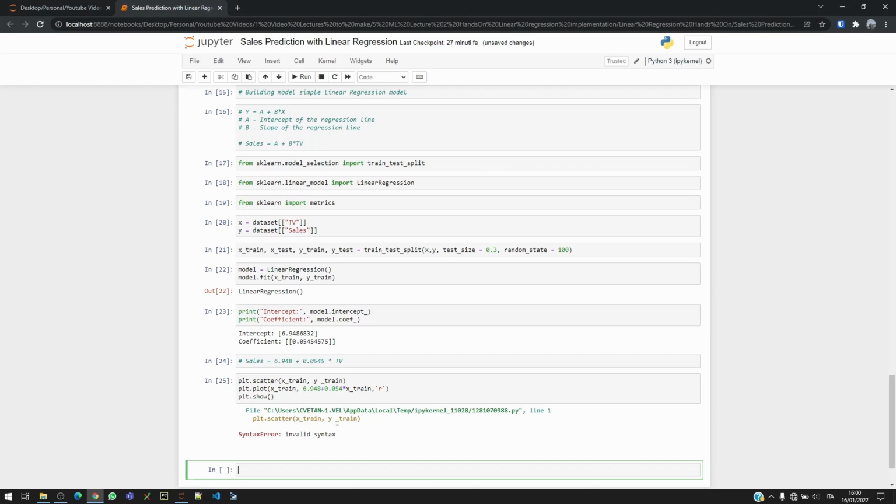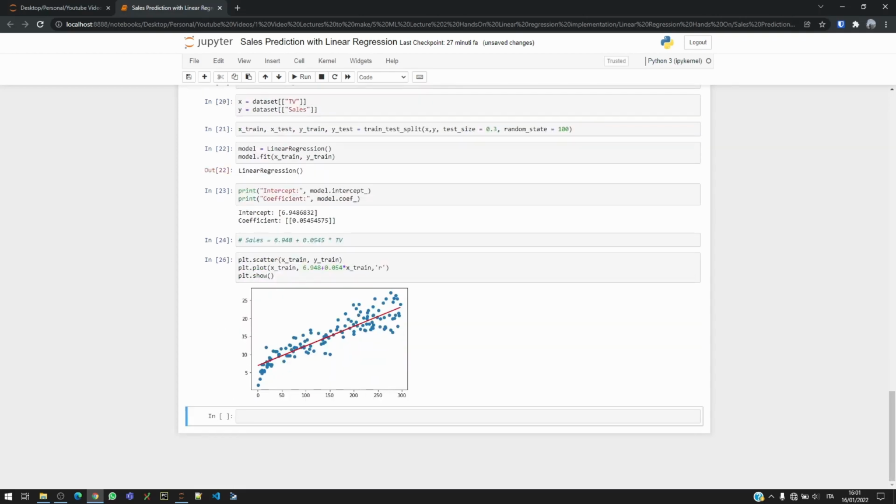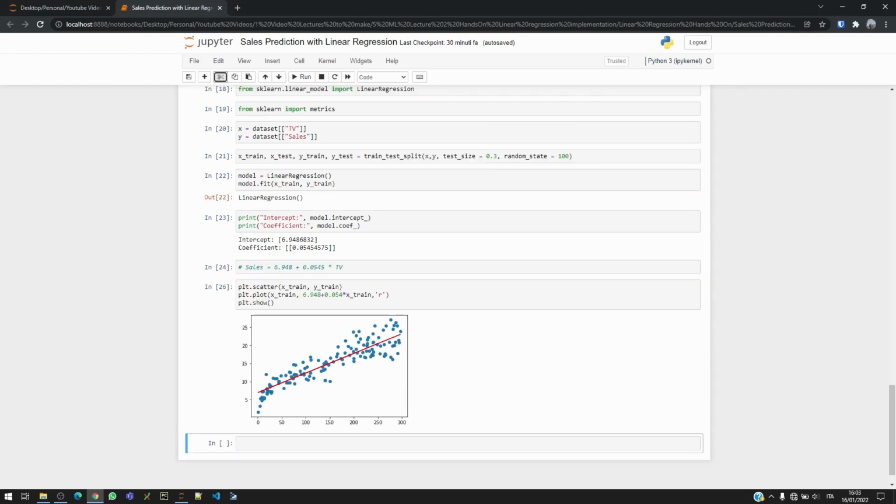Okay, this space should not be here. Okay, so we can see that the blue dots are all the values or all the rows that we have in the training dataset, and the red line is our best fit line that was generated from our linear regression model. Having this calculated, now we can make our prediction on the testing dataset so that we can use it in order to measure our performance